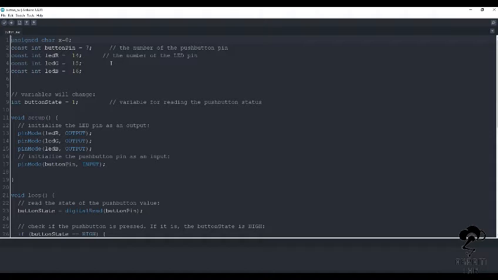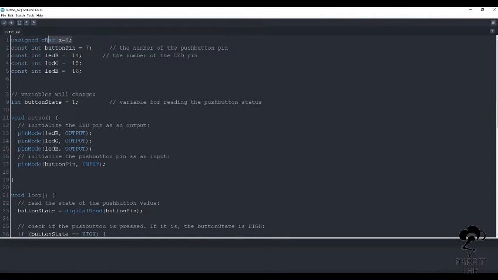So the basic concept of programming it this way is that you can save IO pins, obviously, and that is why I have to code it something like this. So how can you actually code Arduino with a push button to generate multiple functions? So here is the code.